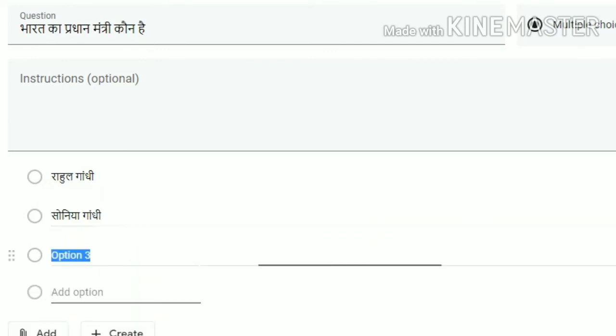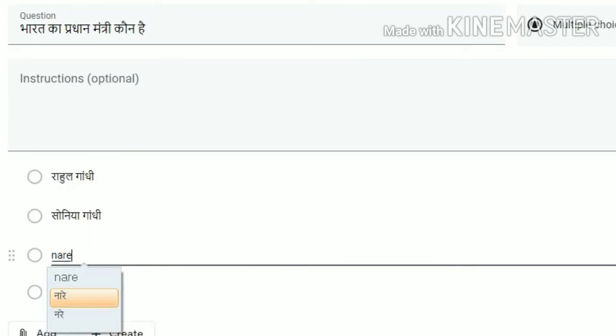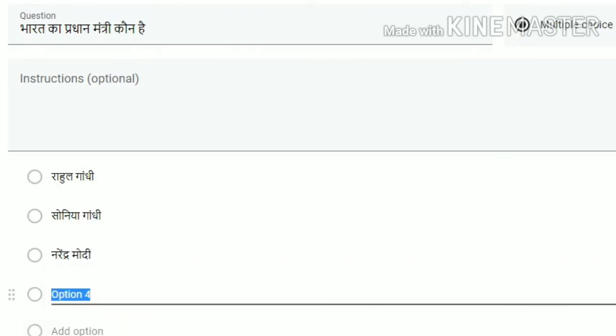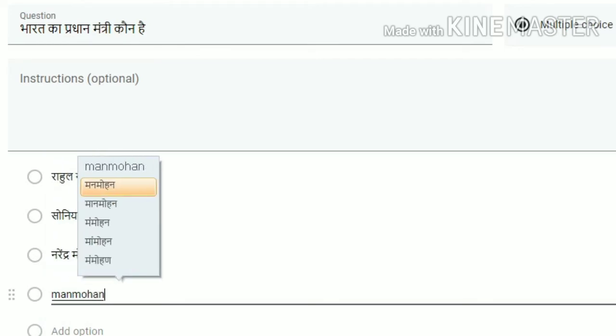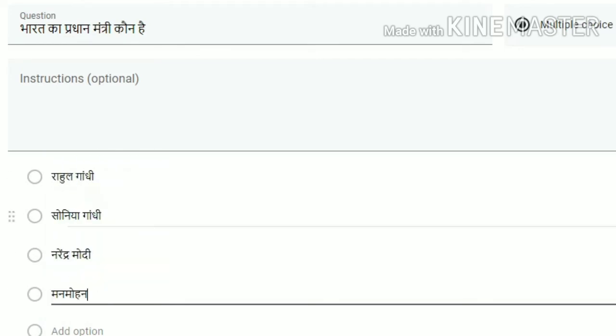The third option is Narendra Modi. And in the fourth option, Manmohan Singh.